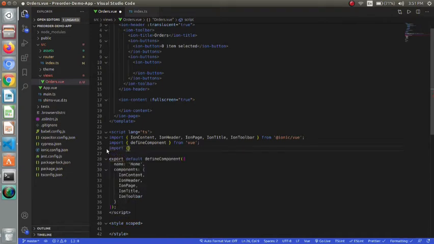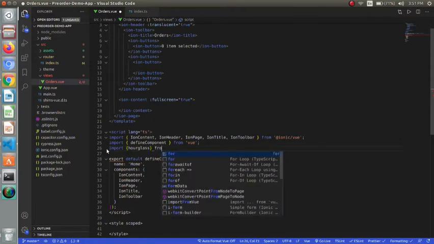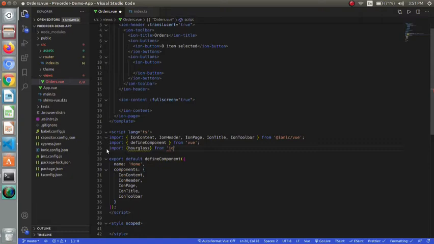I was getting an error because I have used normal brackets, then the curly braces, so I will use them for this. I have imported the icon. Now I will use it in my button.